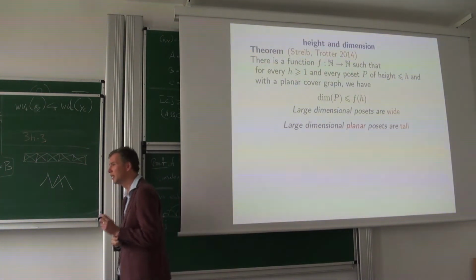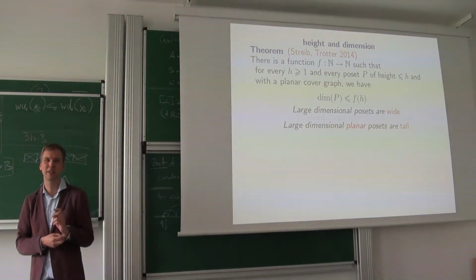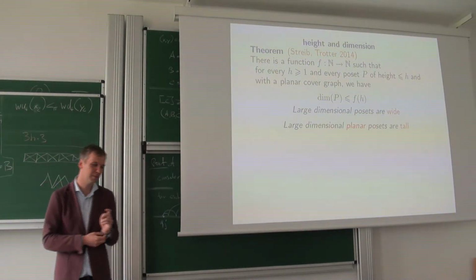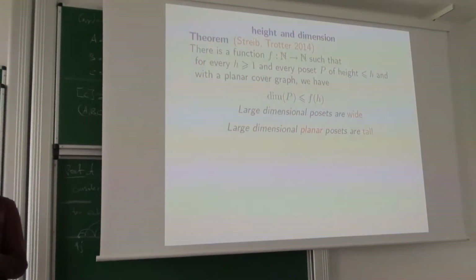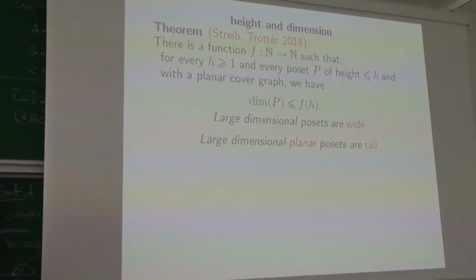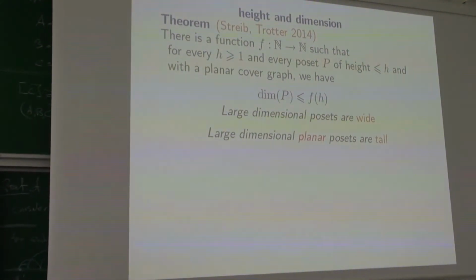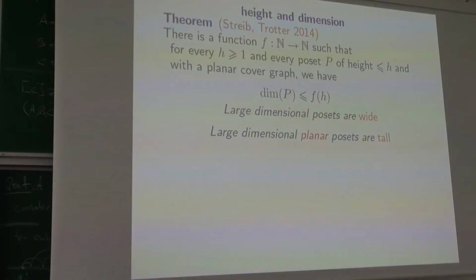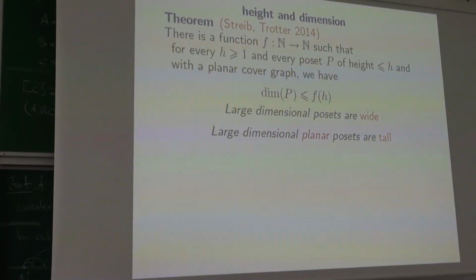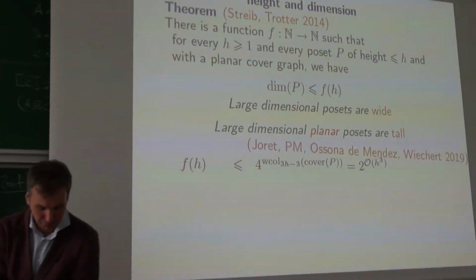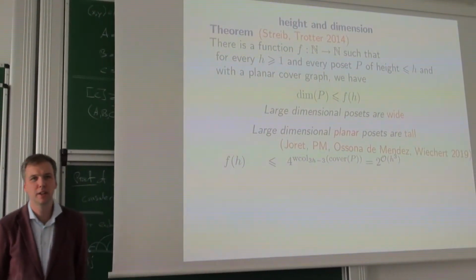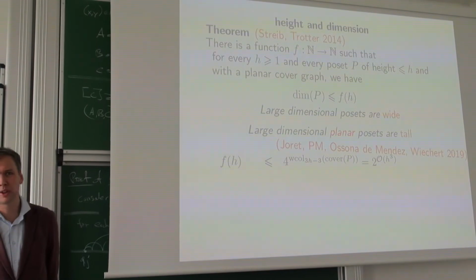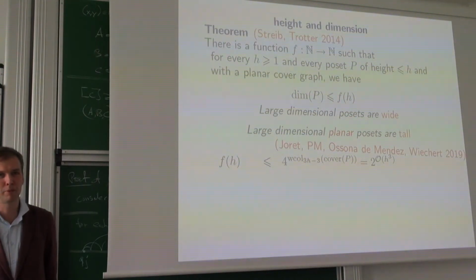So another line of research here is investigating dimension when height is given. This obviously is inspired by the Streib-Trotter result. Large dimensional planar posets must be tall. The original bound was something scary, but the proof of weak coloring numbers gives you a single exponential upper bound,